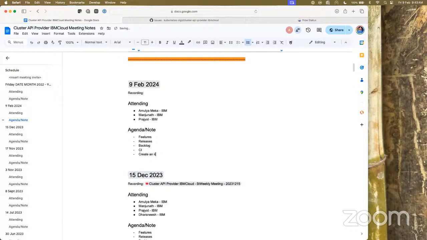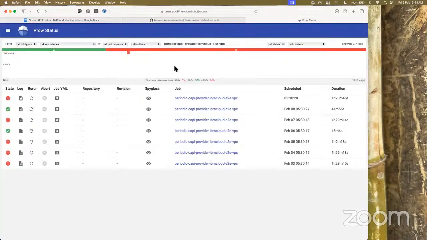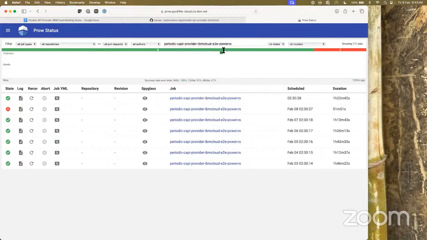Issue for the VPC cost. Oh, not bad, only one failure. Good.